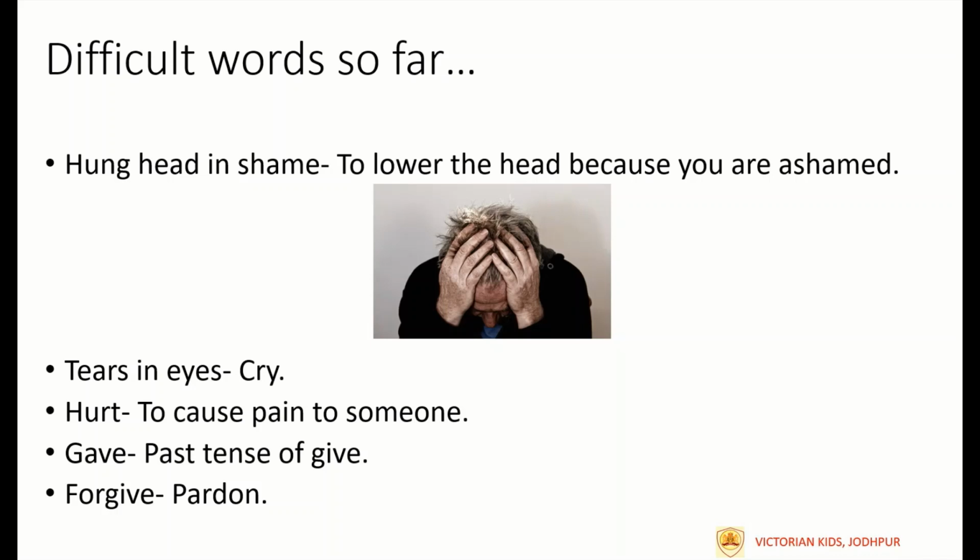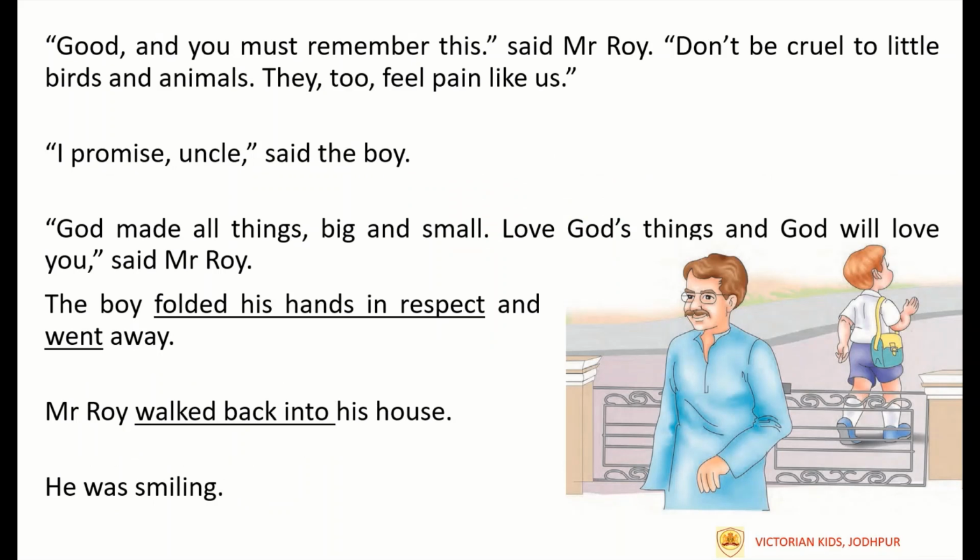Now we will conclude. So, when Mr. Roy questions the boy about hitting the poor dog for no reason, he feels ashamed and asks sorry for it with tears in his eyes. Then Mr. Roy asks him if the blow has caused him pain, to which the boy responds yes. The boy then asks Mr. Roy to forgive him and promises him to never do such a thing again. Now we will read further.